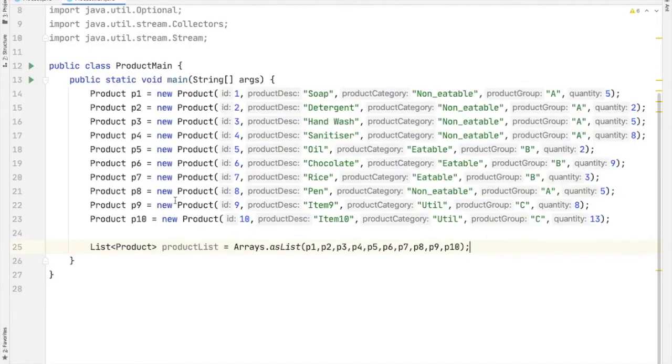This is my main class. Product list contains the objects from P1 to P10.